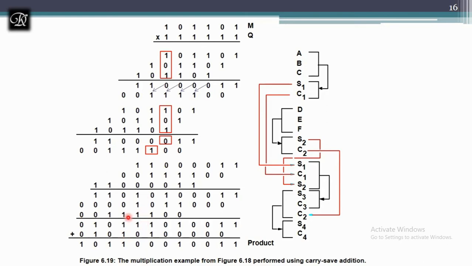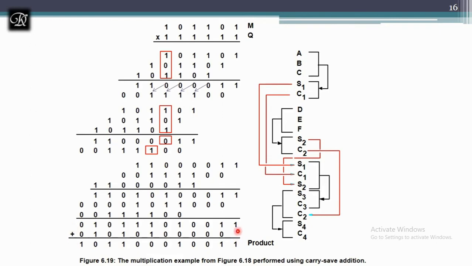Now 1, it is 1, carry to the next level is 0. And now it is 1 0, 0 here and 1 will be in the carry. And 1, it is 1 will be on the sum and carry to the next level will be 0. And 0, it will be 0 and carry to the next level is 0, but you need not mention it, because even though you write 0 over there, it's not going to change the value of it. Next, now I have only 2, that is S4 and C4.